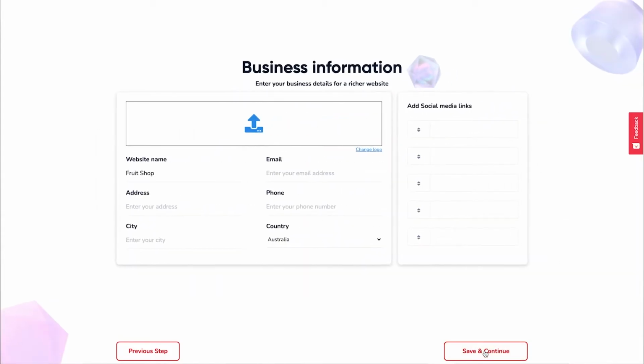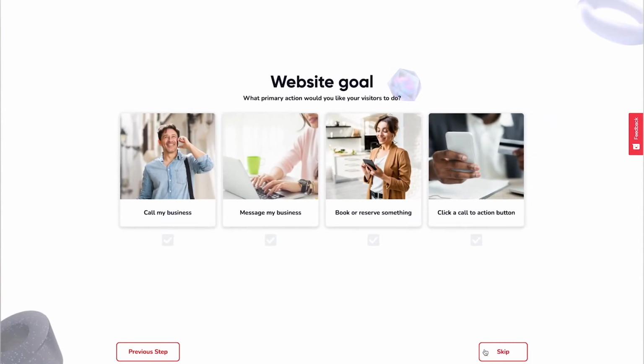At this point here, you can put in quite a bit of information, including the address of your store, the email address, your phone number, country, all of that good gear, and you'll also be able to connect up your social media accounts. So if you click here, you can see that we have already got a whole bunch of different links that you can enter into this system, and that is going to populate out through the entire website. It doesn't matter whether you fill it in now or later. If you fill it in now, it'll automatically populate through. If you fill it in later, that's fine too. So for right now, I'm just going to hit on Save and Continue,